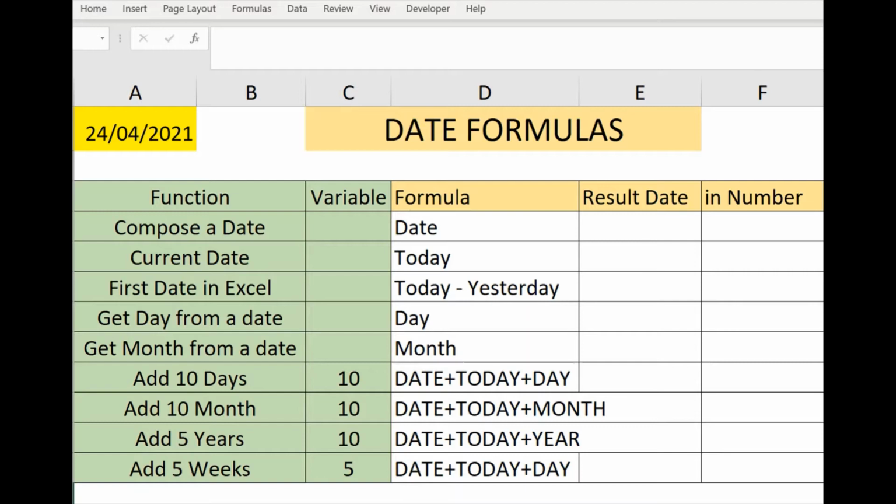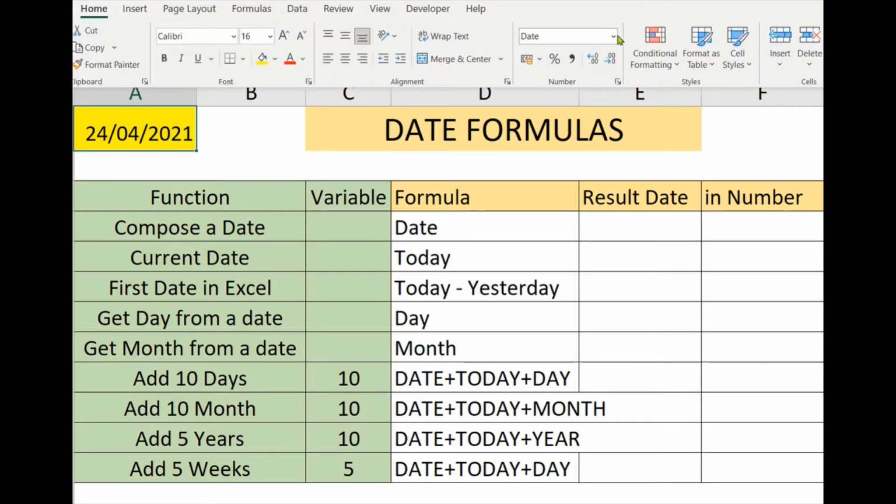Before jumping into the date functions, we need to understand how Excel looks at a date. Excel actually doesn't know anything about a date, but Excel sees all the dates just as a number. Here I have the current date in my first cell A1. Let me change the format of the cell. Currently it is in date format. Now if I modify that to number format, it changes to a number called